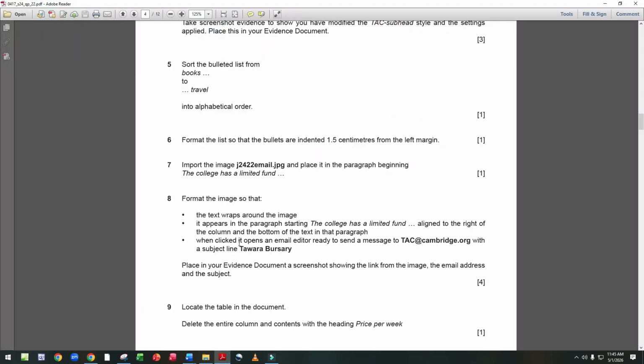When clicked it opens an email editor ready to send an email. Email is tac@cambridge.org with the subject line Tower Bursary.